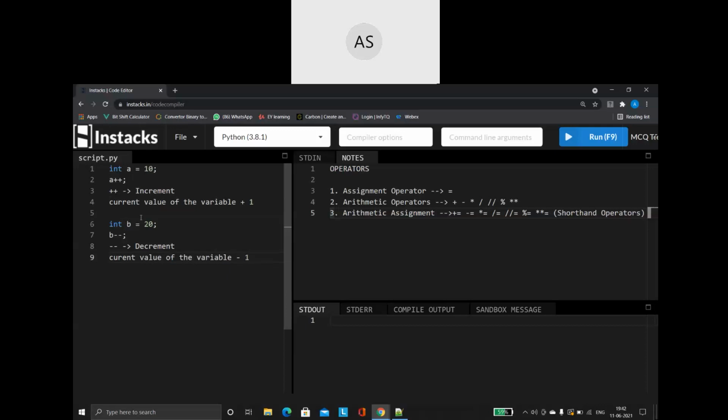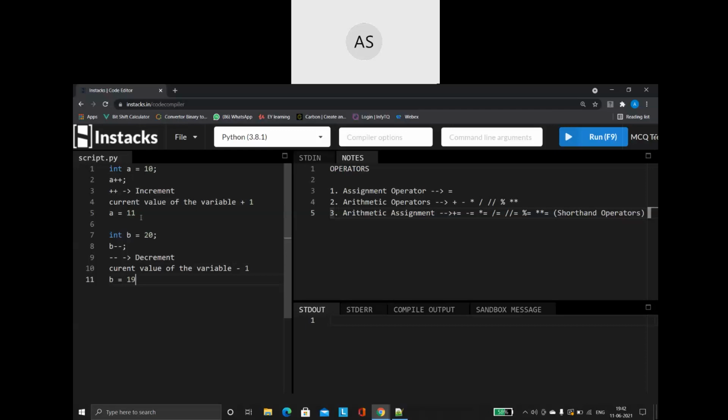In the first case, my a value is 10, so when I say a plus plus, a will become 11. Here b value is 20, so when I say b minus minus, b is going to become 19. This is what the increment and decrement operators do.